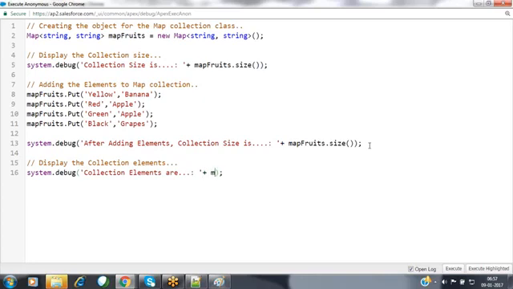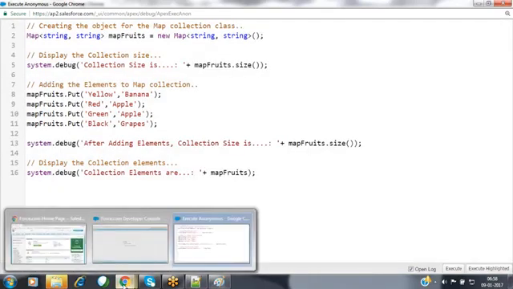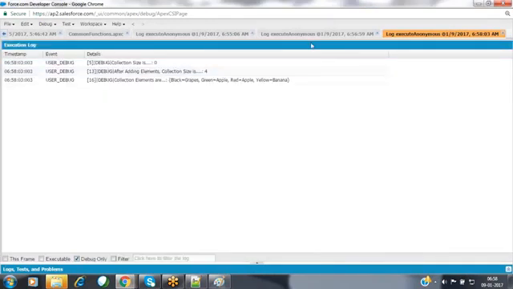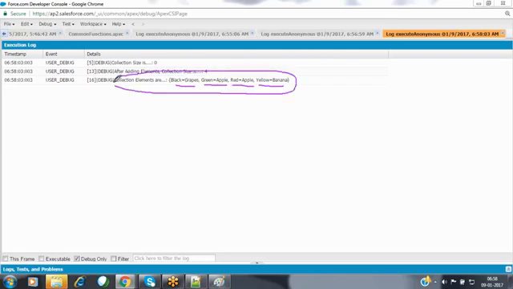So simply we can specify the collection name, like a list collection. Map of fruits. Automatically it is going to be displaying those elements to you over here. Now it provides both key and the value to you automatically. When you go to the debug only, it is providing all those elements to you over here. Now it is providing black equals grape, and green equals apple, red apple, yellow banana. Nothing but all the 4 elements are visible to you inside that collection over here. Inside that collection, we can show all these elements as well.